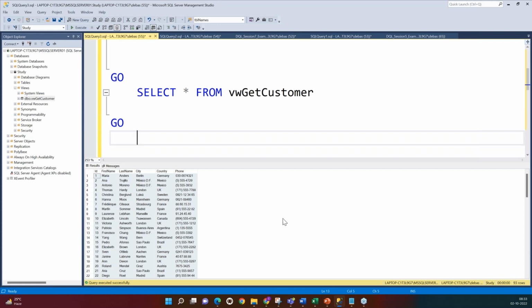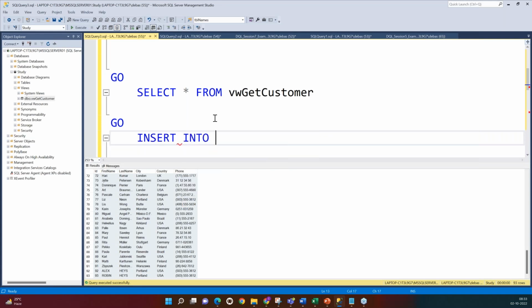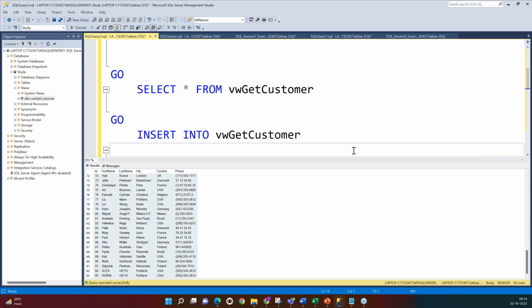So I want to delete one record from this particular table, or maybe I want to insert a record. I have 93 rows, right? I want to insert a fresh row. So I would say insert into VW customer. I know when I insert into the VW customer, that ultimately inserts the data into the customer table. And I want to insert the next row as 94. I will say values clause. Next value will be